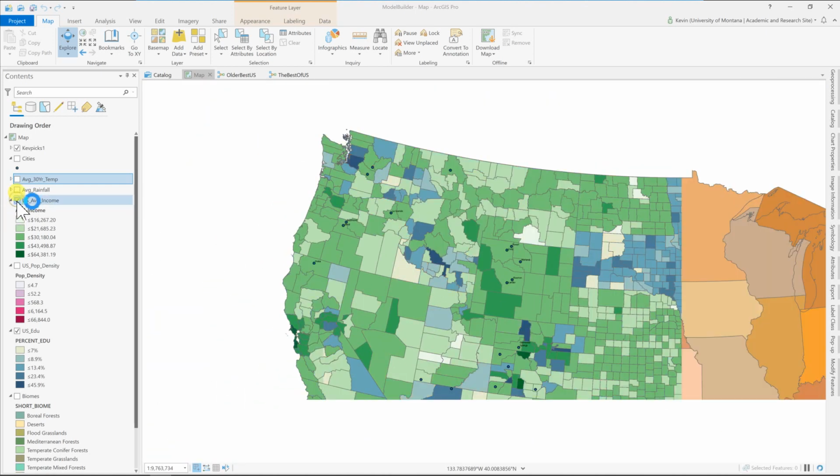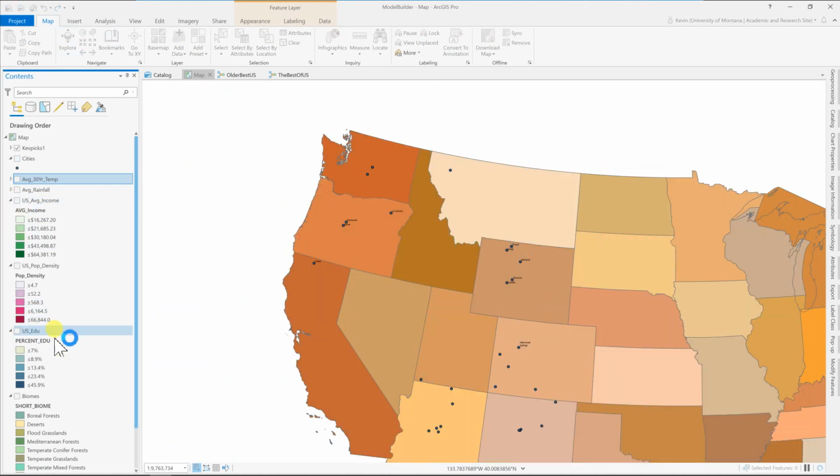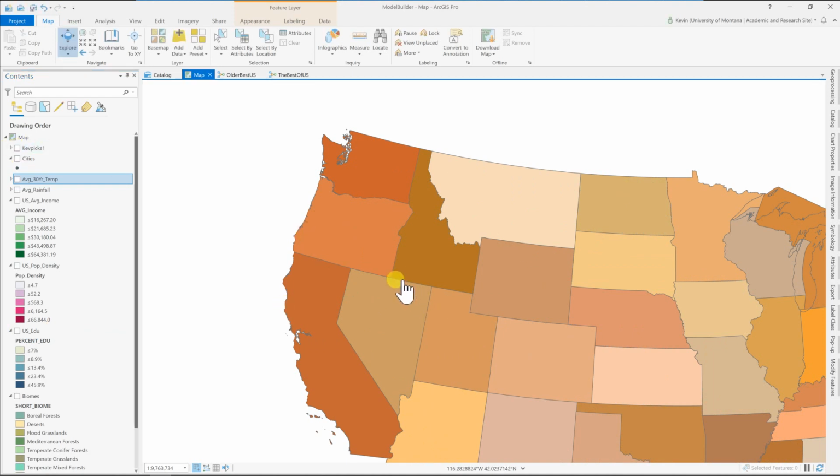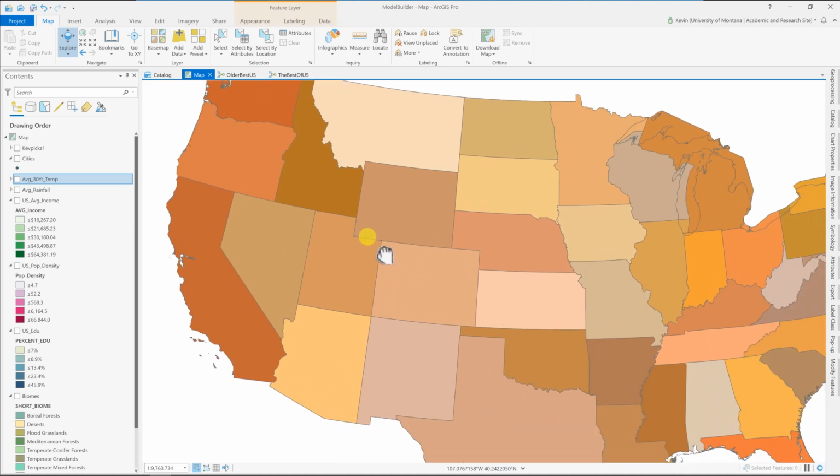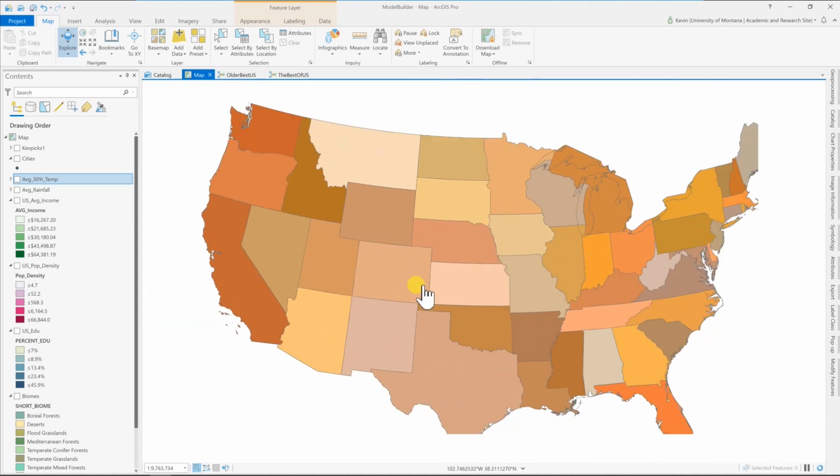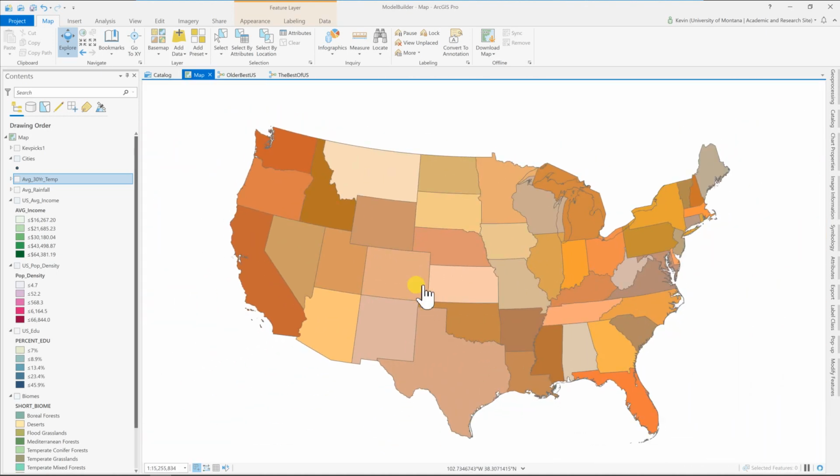All right? Oops, zoom out. I'm going to turn off some of these things and turn off my first round of picks. And sorry, I only have data for the continental United States. It's just hard to get full data sets for all of the US, but you can dig around and find them if you want.